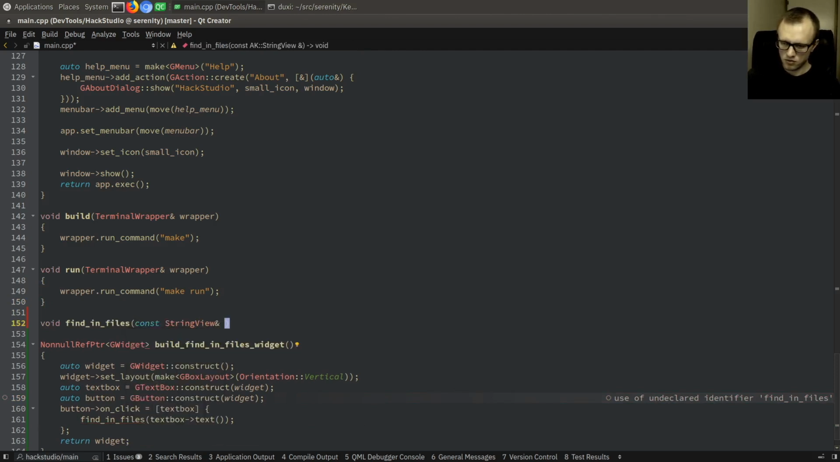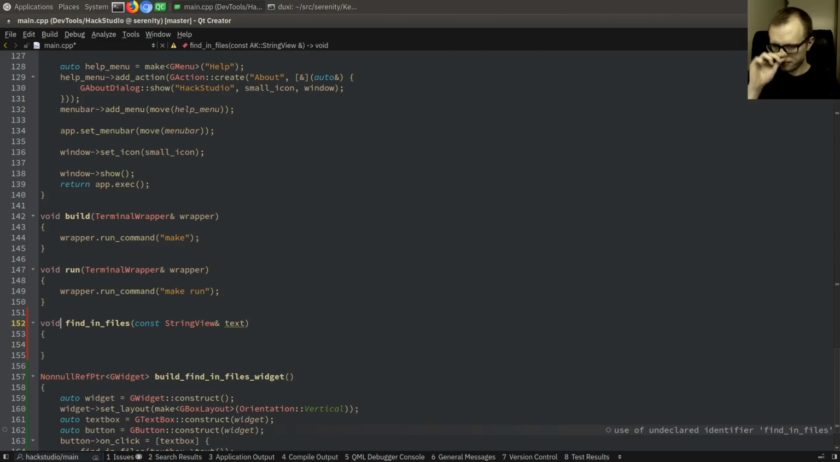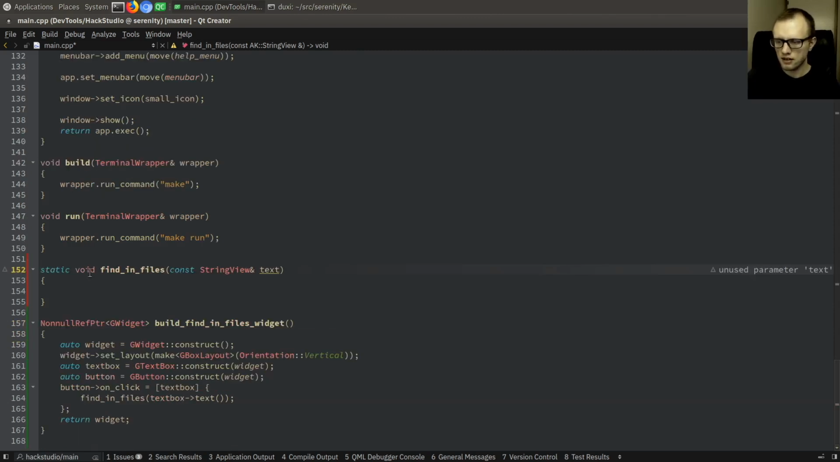String view text. All right, maybe we can make that static. Okay, so here now we're going to want to find all the files that are open and then look through them. So that presents us with a problem, because